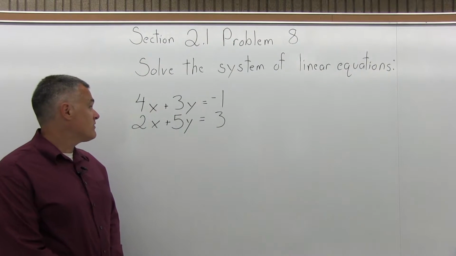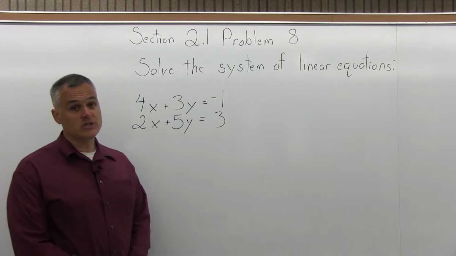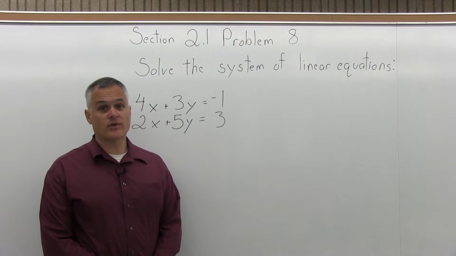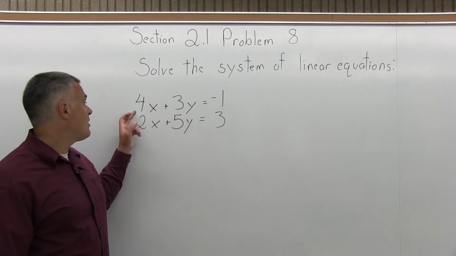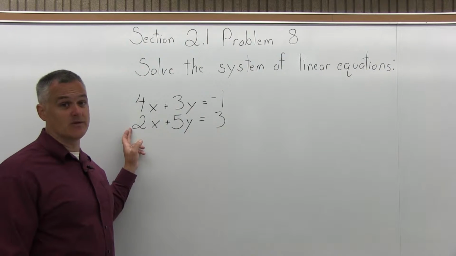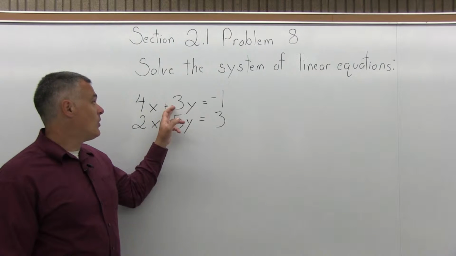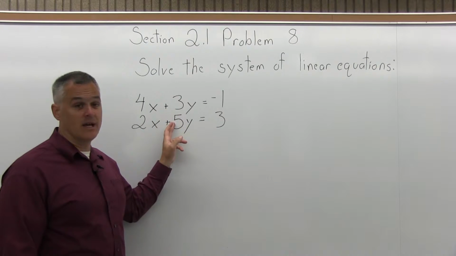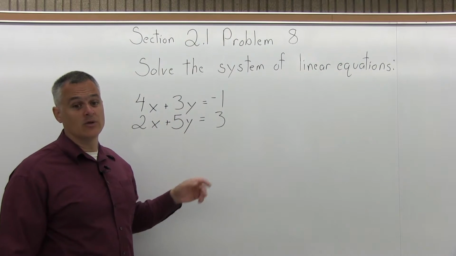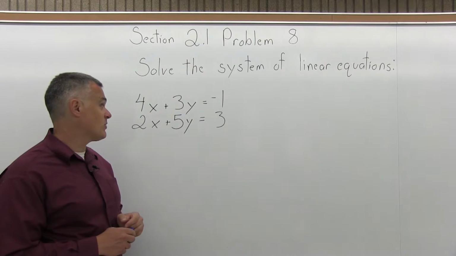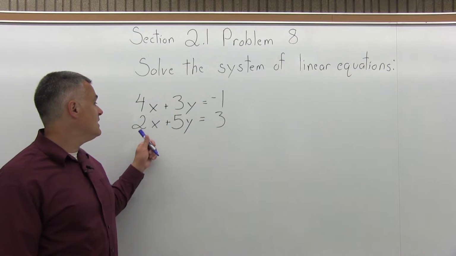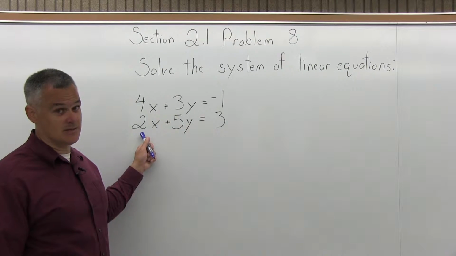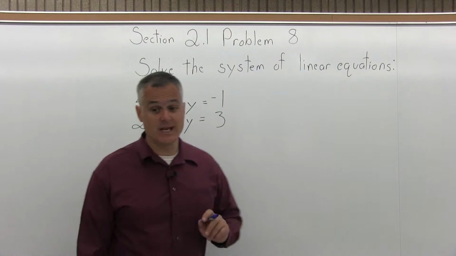So first we have to multiply one or both equations times some value so that one of the variables has the same number in front but with opposite signs. Our options are 4x and negative 4x would work well, or we could do 15y and negative 15y are two ways that we could have the same number in front but with opposite signs for either variable. You'll get the same answer either way. The x's seem much easier, so for that reason I will cancel the x.